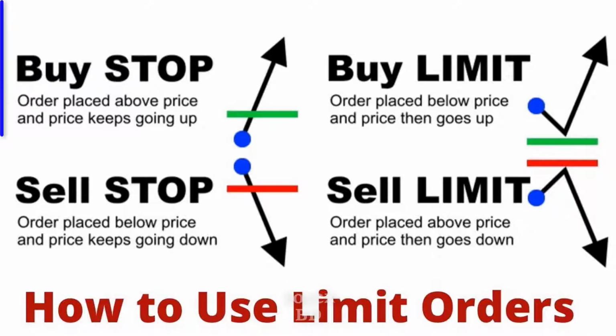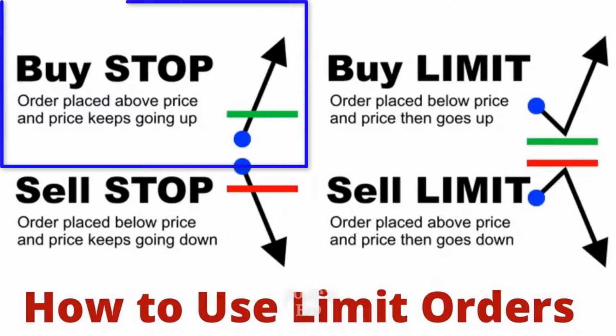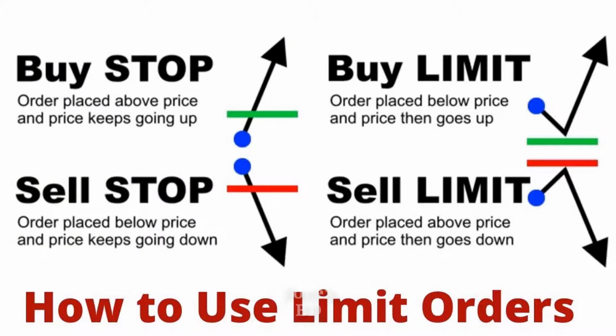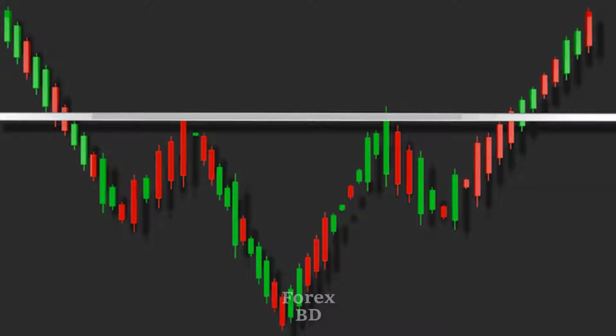When you realize that if the market goes uptrend to a certain position, the market trend will be very strong and will hold its trend, then you follow the buy stop. When we follow the inverted head and shoulders, we have to wait for the market to go up after creating a second shoulder and touch the neckline, and whenever it touches we take a buy entry. If you use a pending order at that point and follow the buy stop, you don't have to wait for the market to touch the neckline.